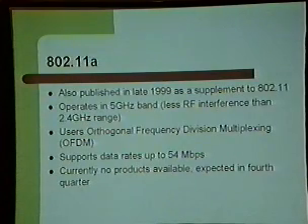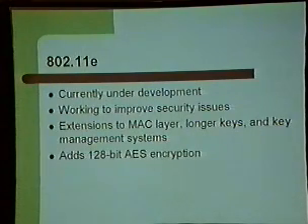So at the same time that the 802.11b standard was introduced, they also introduced 802.11a. And what that did is it moved the communication from the 2.4 gigahertz to the 5 gigahertz, which is a much less crowded frequency. But one of the issues there is you also get less distance from access points to clients. So you need more repeaters. And it changed to orthogonal frequency division multiplexing for communication. But it also increased the data rate to 54 megabits. And right now there's no products currently available for 802.11a, but those are expected later this year, hopefully in the 4th quarter.